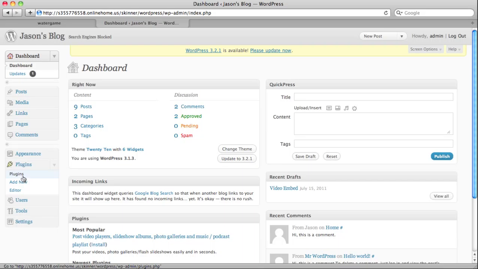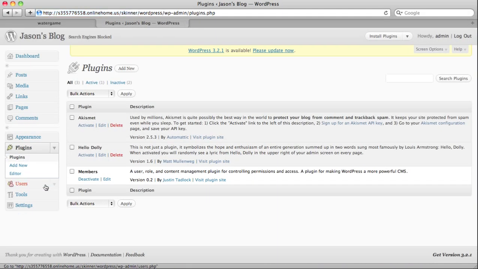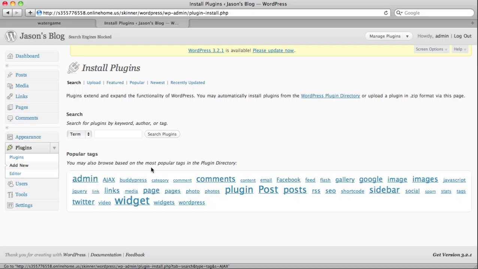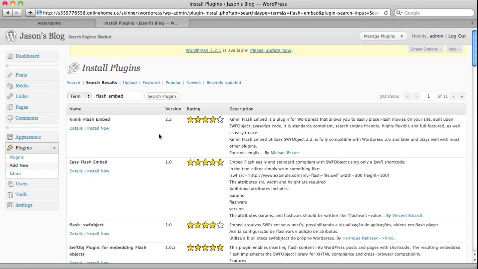And the way that we can enable that is to go to the Plugins menu, Plugins, and we go up to Add New. And let's search. Simple way to do it would be Flash Embed. I'm going to search for plugins. I find this Camille Flash Embed plugin is quite a good one. It's the one that came to the top of the search. A number of folks have